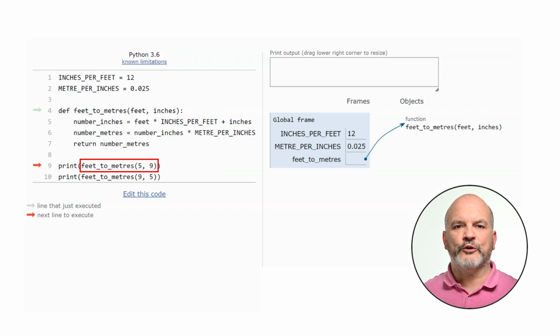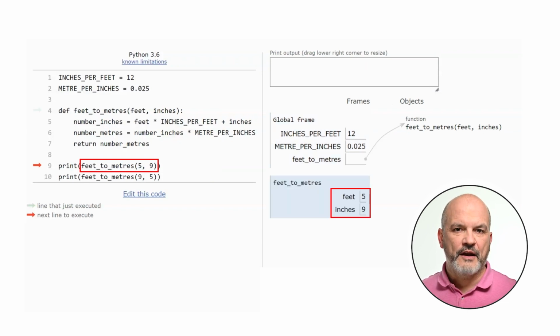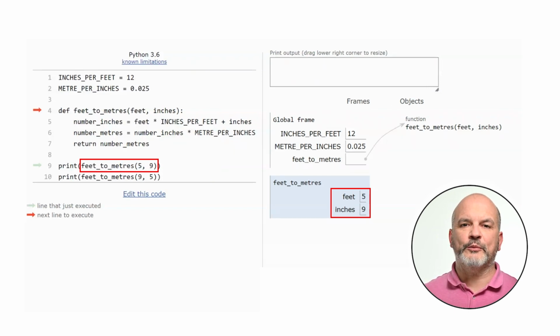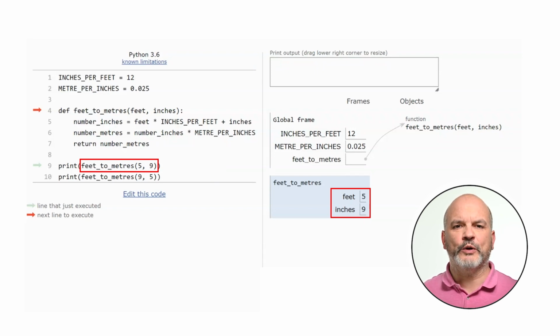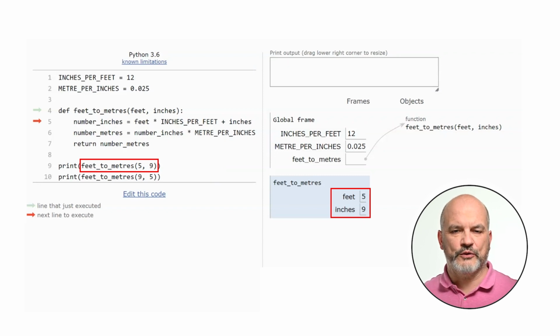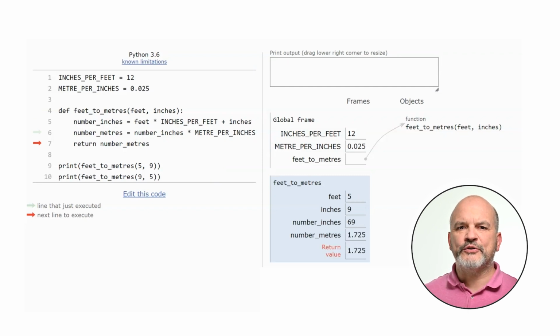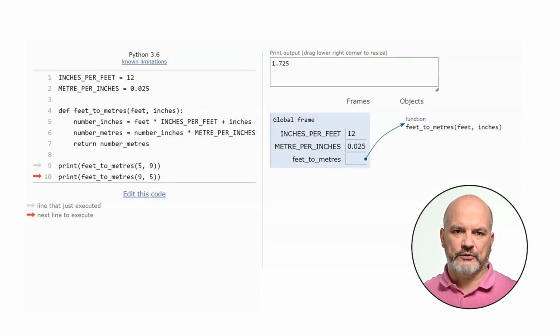Here, the given argument will be matched to the formal argument in the function definition by using their position. 5 is the first argument and it will be matched to feet, the first formal argument in the function definition. 9 is the second argument and it will be matched to inches. The formal arguments are assigned the value passed in the parameter, and the body of the function is executed with these two values. Once the expression is evaluated, the result is returned and displayed on the console.